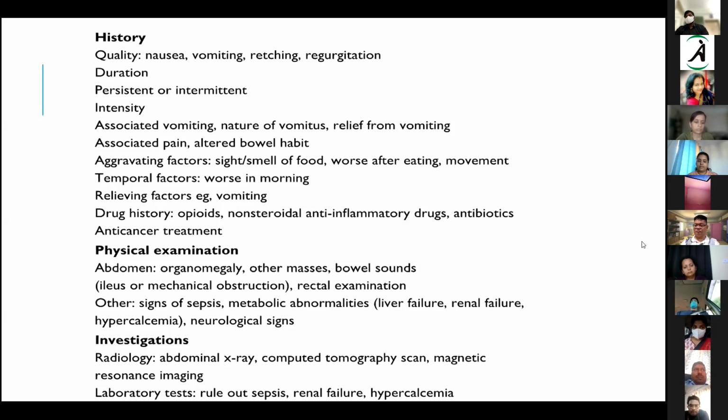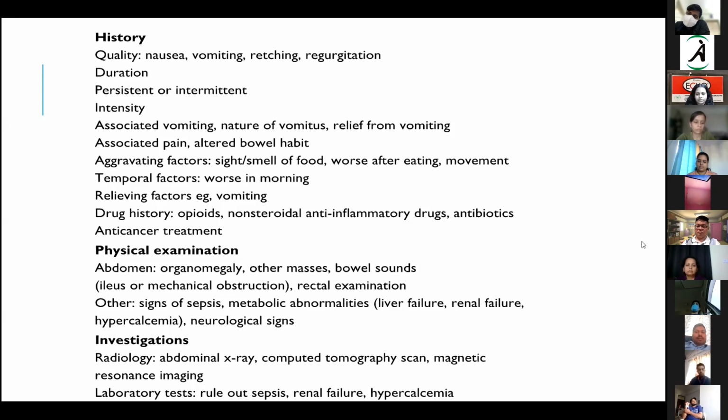An important part in our practice in palliative care is that there's a lot of polypharmacy, especially in the elderly group population with multiple comorbidities. They'll be on a big chunk of drugs together, and that would lead to drug interactions, and side effects of certain drugs causing nausea and vomiting as a symptom. So an imperative drug history, thoroughly identifying all the medications they are taking, going through each one of them, is important when you're trying to address this symptom.